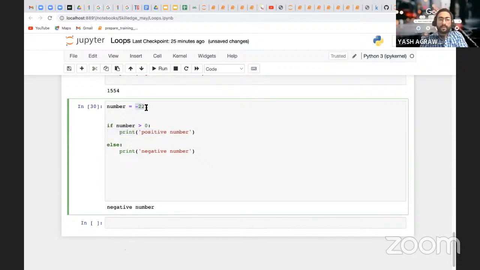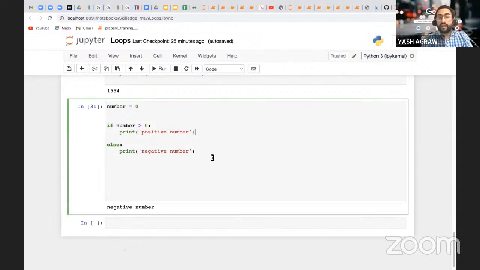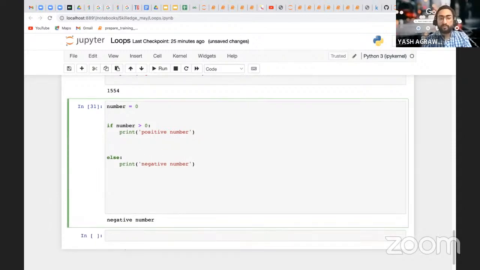ठीक है, ठीक है. नाउ वी हैव रिटन 0. 0 के लिए वी आर गेटिंग नेगेटिव. सर बट 0 तो नेगेटिव नहीं है. ओके सर, 0 नेगेटिव नहीं है. अब क्या करें सर, ओके, देन वी हैव एलिफ. सर ये एलिफ का काम क्या है, ओके, सो फर्स्ट वी विल चेक इफ कंडीशन. अगर इफ कंडीशन से काम नहीं बनता तो डायरेक्टली सब कुछ जाता था एल्स में, लेकिन सर इस केस में मेरा एल्स काम नहीं कर रहा.